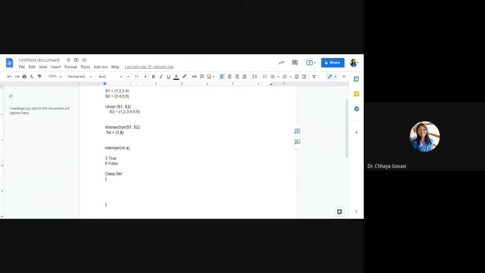For every element of A, we'll check whether this element of A, say 1, is a member of B. If yes, then copy that variable into A of i. No need of k. That's it. If a number present in A is also present in B, then only we'll copy it in the result array, otherwise not. So that is for intersection.